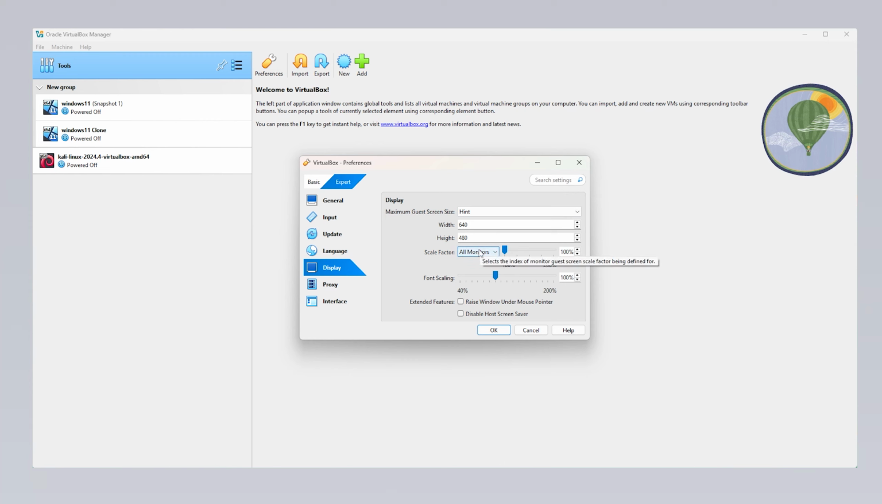This option allows you to scale the virtual machine's screen size. Font scaling option allows you to change the font size inside the virtual machine. The Raise Window under Mouse Pointer option automatically brings the virtual machine window to the front whenever the mouse pointer hovers over it, regardless of other open windows. The Disable Host Screensaver option prevents the host system's screensaver from activating while the virtual machine is running, ensuring an